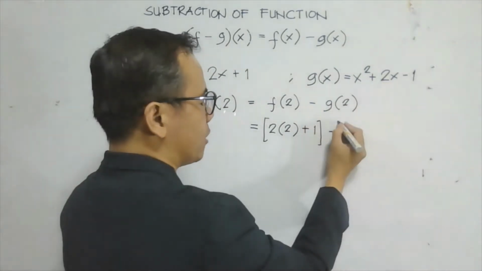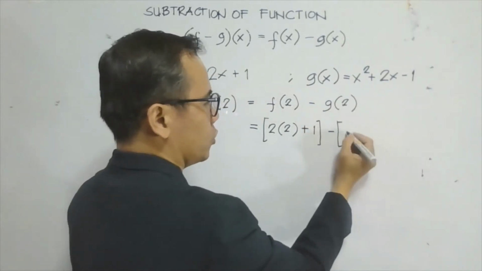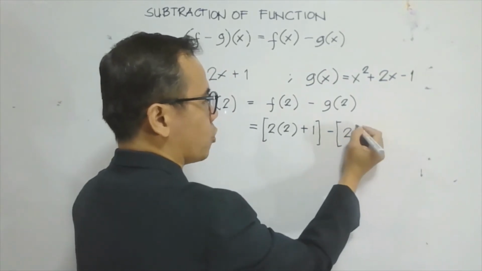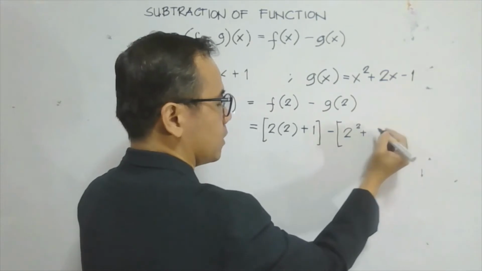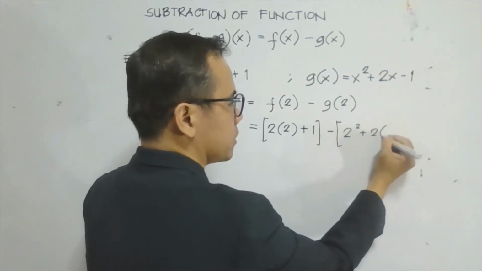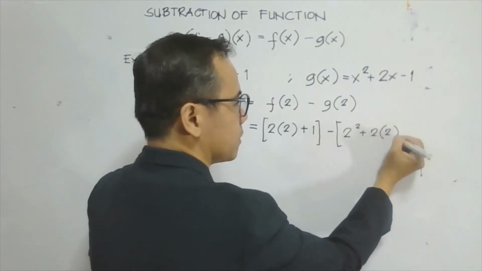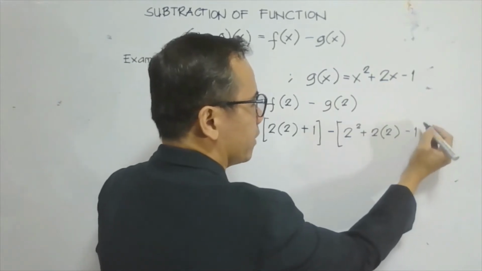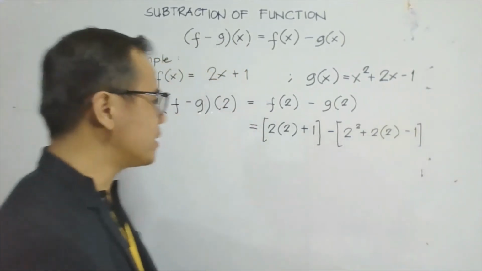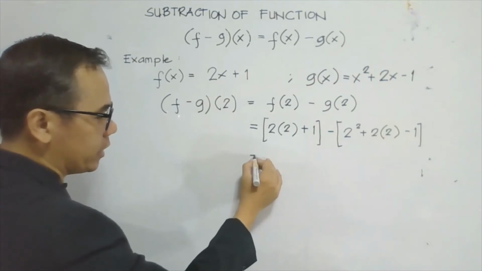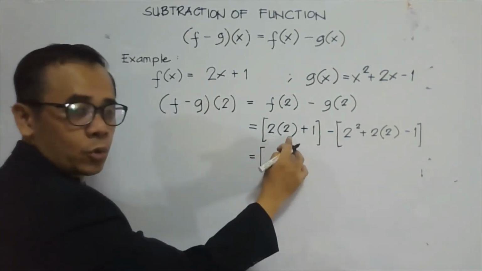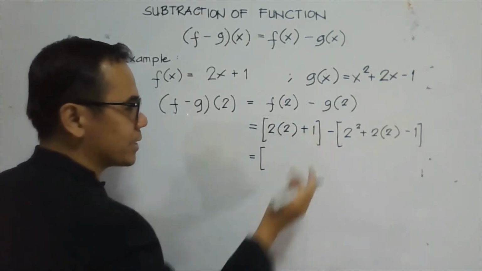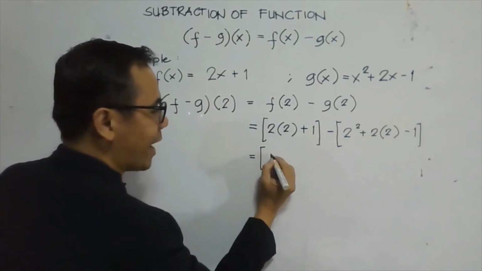It's equal now to 2 squared plus 2 times 2 minus 1. Then let's simplify it. So this is now equal to, we have 2 times 2 is equal to 4 plus 1. So this is 5